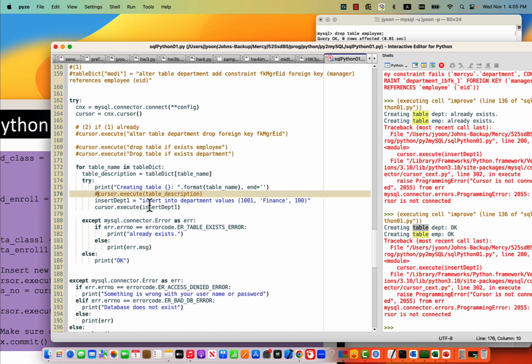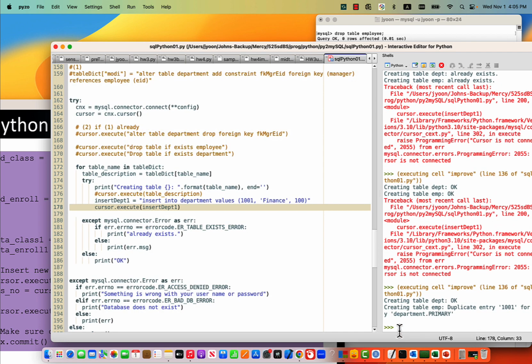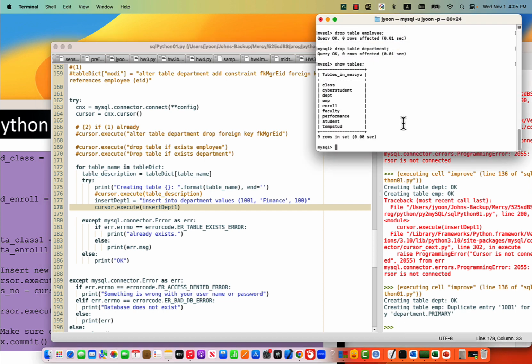What we want to do here is only insertions. So I made comment these statements so that there may be no complaints about that. Oh, nice. So if we put here select star from department,